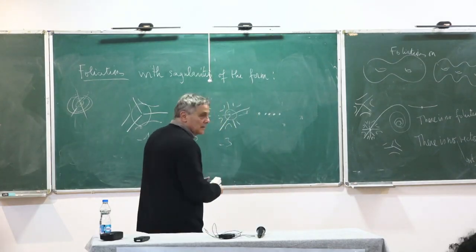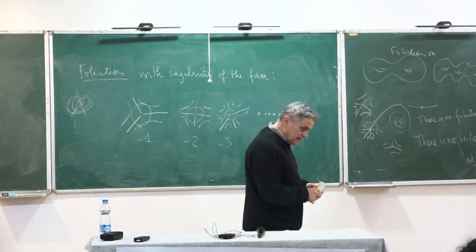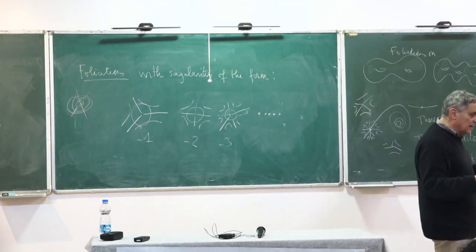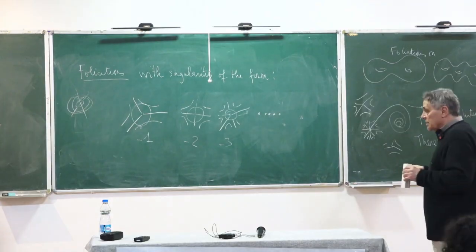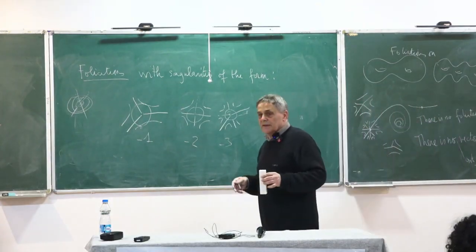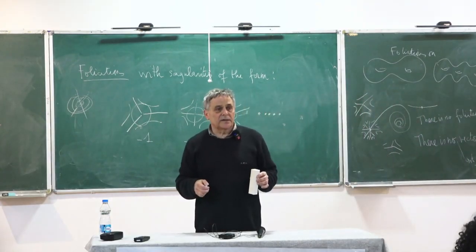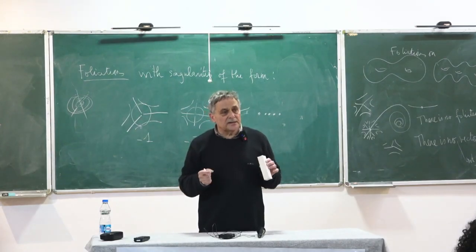Yes, because the relation with the Euler characteristic is that from this kind of singularities, you build a triangulation of your surface and so on. So this is an exercise. I mean, no, it's not an exercise. It's quite a result, but it's given as an exercise